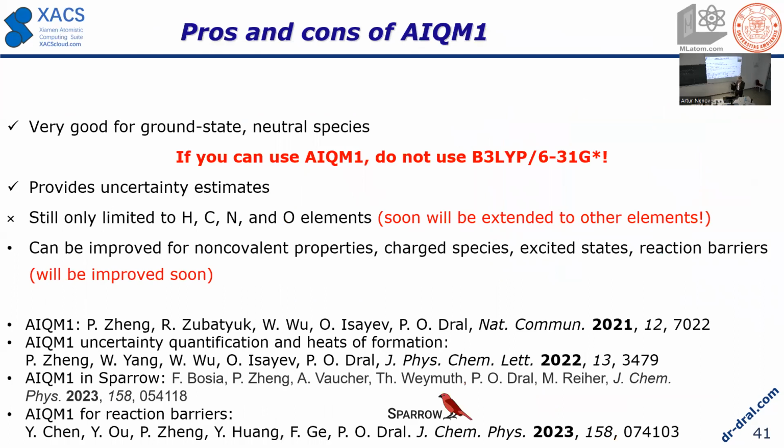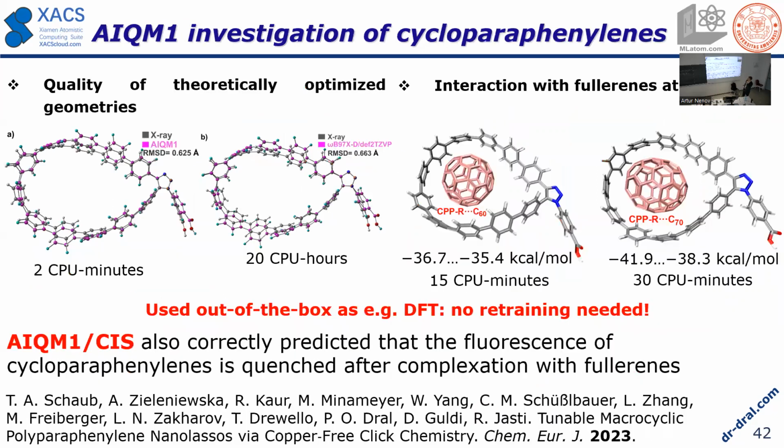Then the conclusion basically here for the AIQ1 part is that you can use AIQ1 to use this relief, that was basically my message for ground state. There are still limitations which we work on, like elements are still limited to HNO. But you can already apply it for typical organic chemistry, like if you have a big compound with 200 atoms or more. We have some other systems, not published, with 1,000 atoms, no problem. So then it's again faster than DFT, and accuracy compared to X-ray is better.